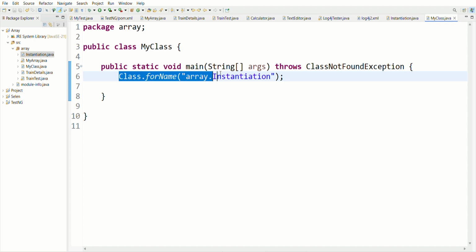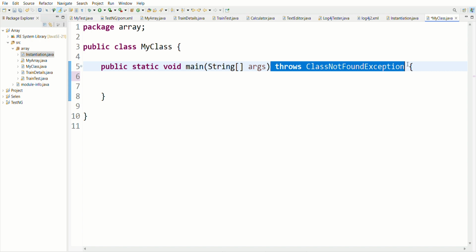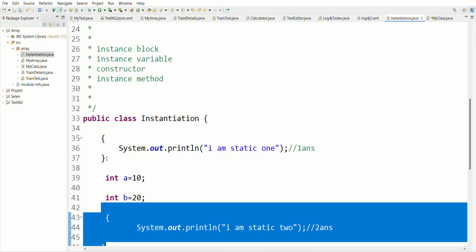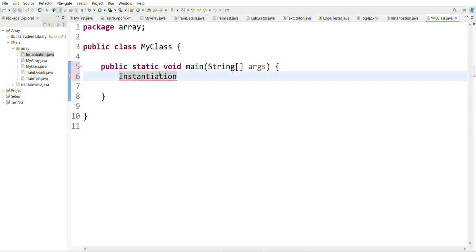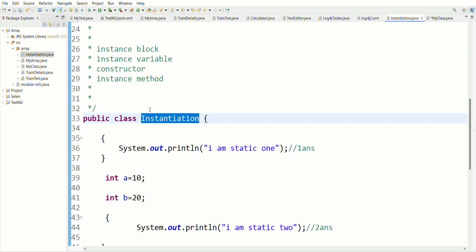Got it? Now how will this instance get the memory? Right now instance has not got any memory. When we create the object of this class, the instance variable is called with the help of the object reference. Let me write this. Here I am just creating the object. i is equal to new Instance. I am just creating the object of this class. When I create the object of this class in the main method, at first the JVM will go and search where this class is.